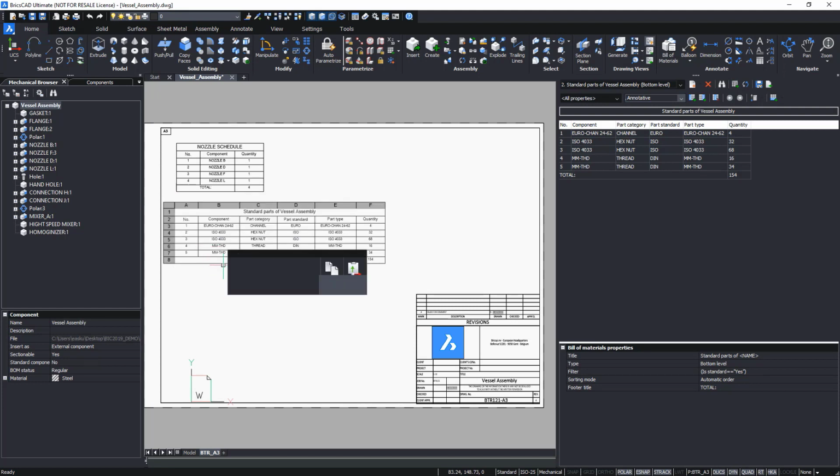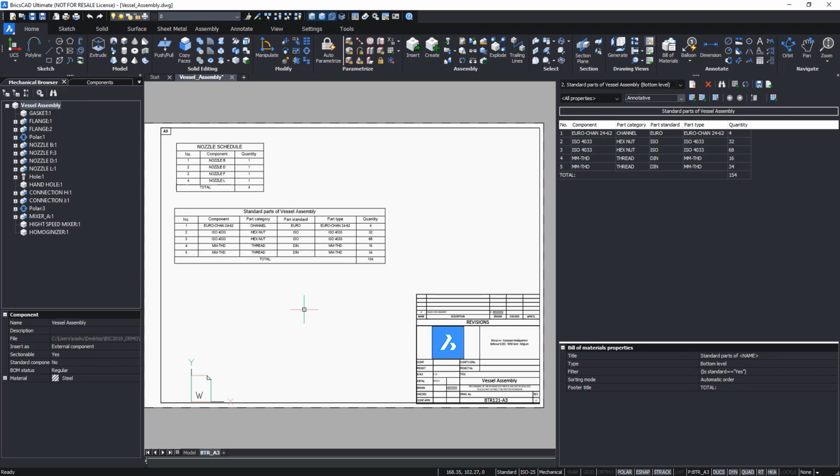Okay, now it's here. But what if we need some changes? What if our manager just wanted to see the mass of each individual part? It's a problem. The table is already here. Okay, actually it's not a problem with BricsCAD V20, because now we can add a column to any existing bill